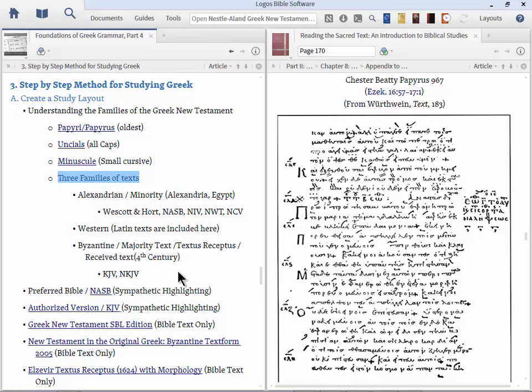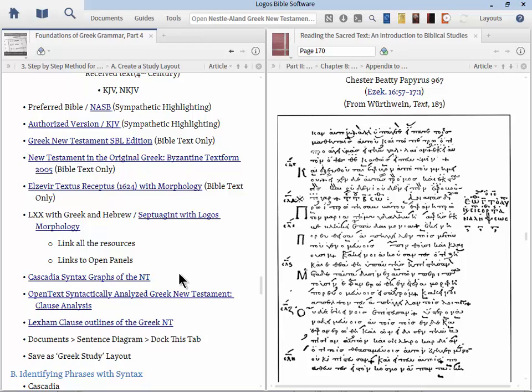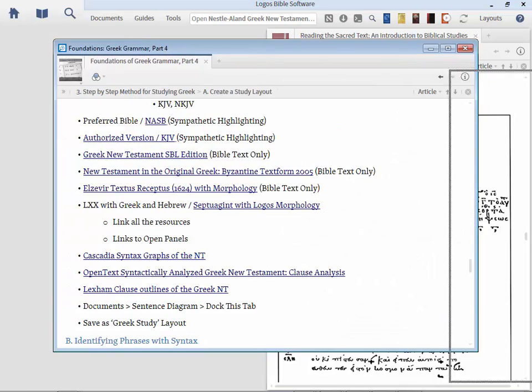Now, that's all background and very important. Now, the next step, what I want to do is open up and create a study layout. So what I'm going to do is lift my personal book out of the way, and we're going to go ahead